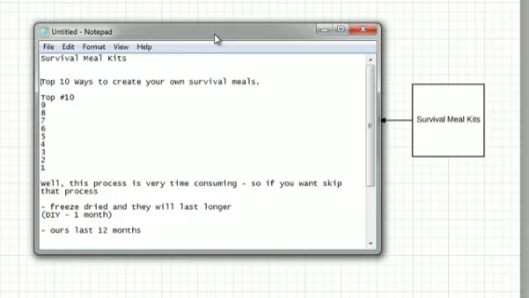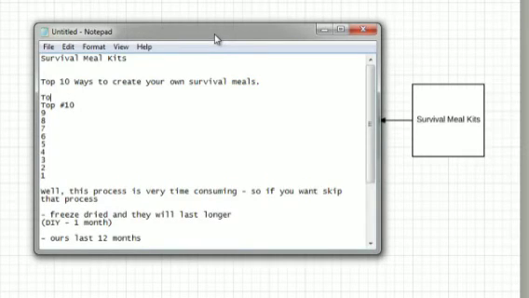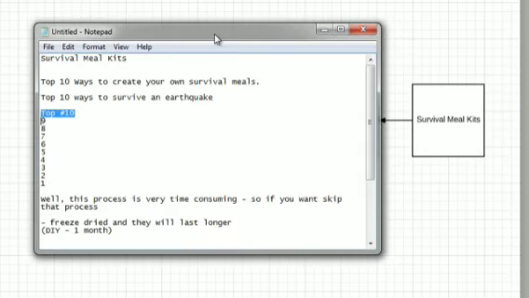When they sign up for top 10 ways to create your own survival meals, or even top 10 ways to survive an earthquake, then you start naming the top 10. Number 10 can be something, number 9 can be something, and so on down to number 1. Or you could do top 5 ways, and then email them 5 emails.